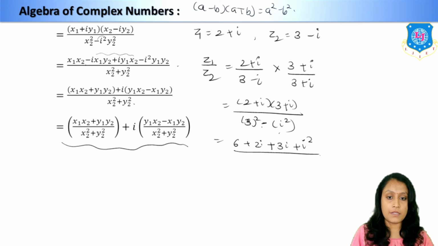So minus minus plus 3 square is 9. So in denominator we have 10. Simplify this again: i square, substitute minus 1. So here we have 6 minus 1, so you will get 5. Okay, here 5i upon 10. You can take out 5 common. So we have (1 plus i) upon 2. Right, so this is the answer of z1 upon z2.